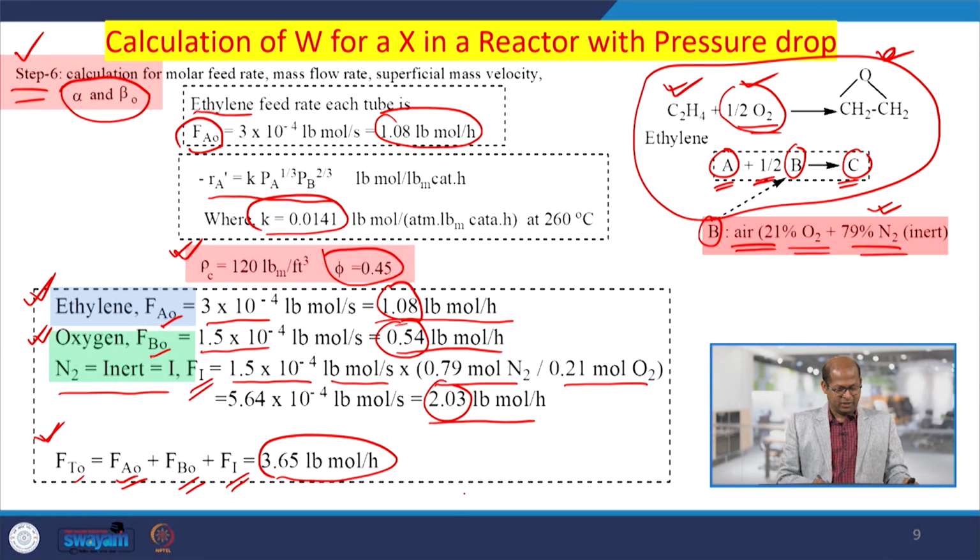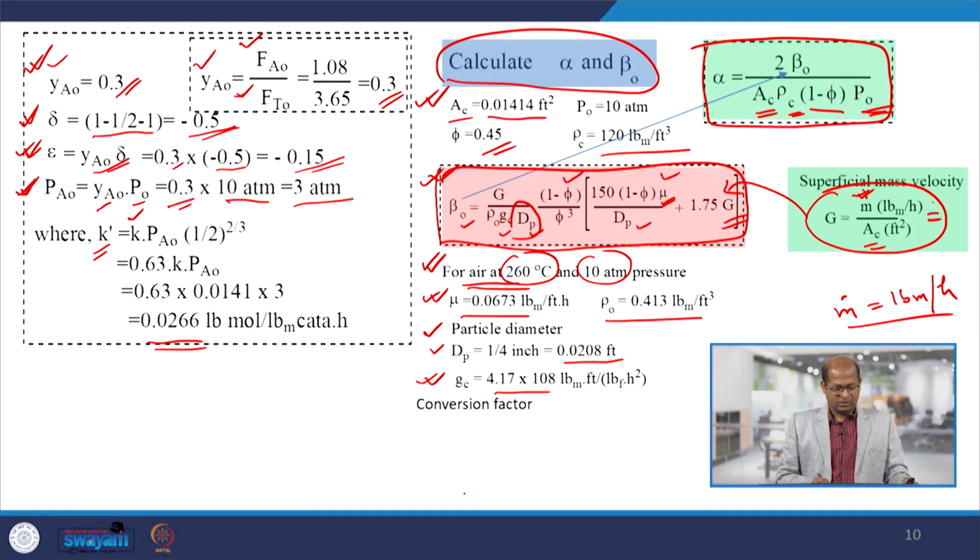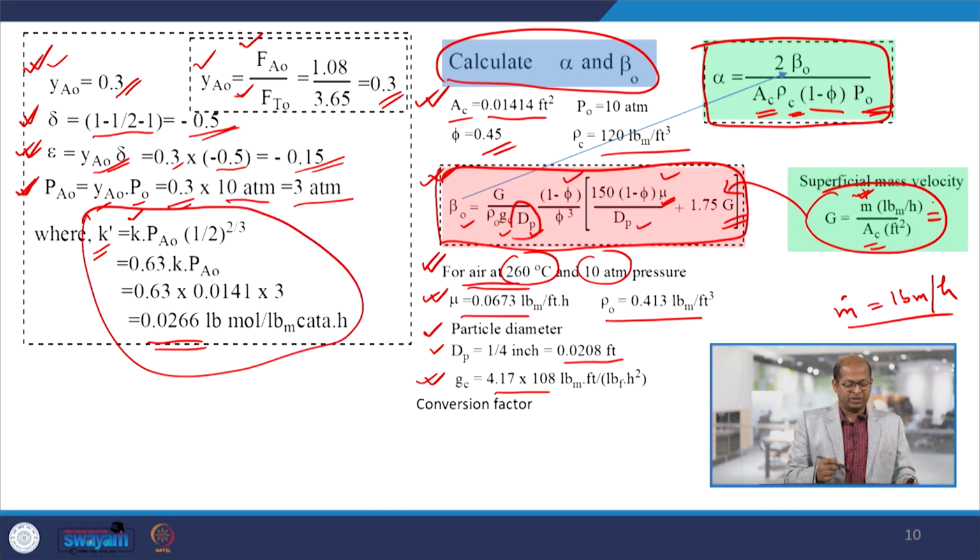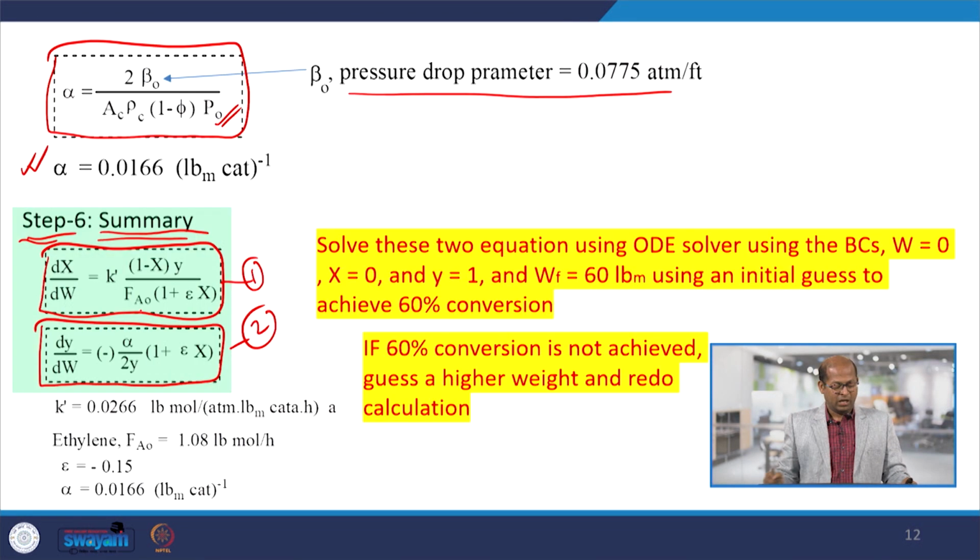So, if you look into these equations, in the first equation k prime is there, which we have calculated. We have calculated the k prime value based on all the parameters given: k is given, P naught is given. So, k prime is given, k prime is calculated. Okay. So, we can provide the k prime value,